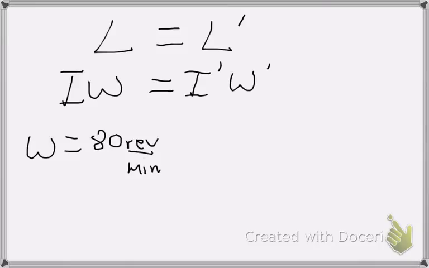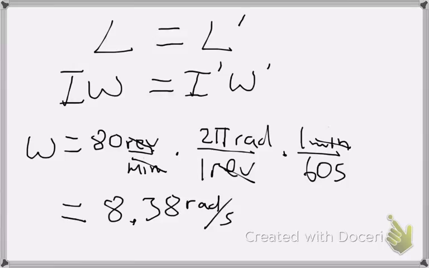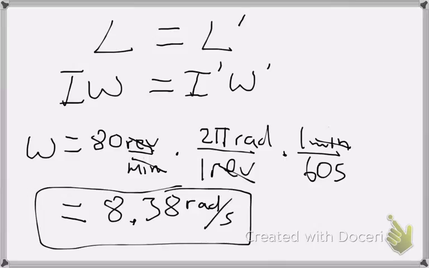Okay, so we need to make a couple conversions before we plug everything in. We have 80 revolutions per minute to start with, so I need to put that in radians per second. So we make our conversions here, cancel out revolutions, and then we multiply by 2 pi, and multiply by 1 over 60, so that we can get everything in terms of radians per second. So there it is. We have 8.38